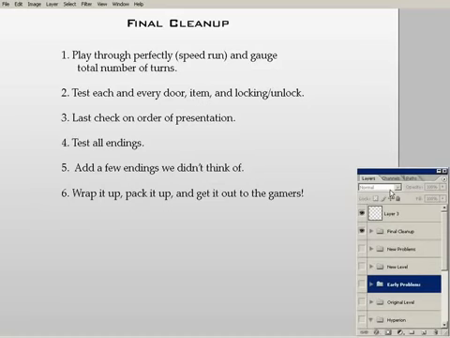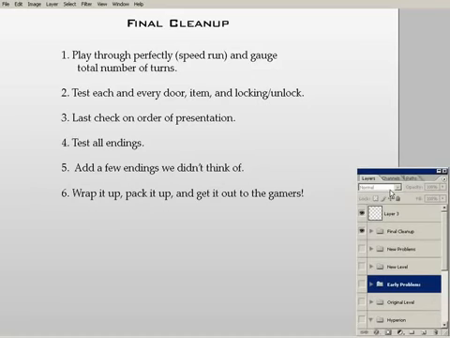Anyway, so moving on from there, once everything was tested, we did a last check on the order of presentation. Do they come across the PDAs in an order that maybe doesn't have to necessarily make sense, but it doesn't destroy the storyline in any way, or get too confusing? Because really at that point, it would just be a matter of moving items around. Just pull the code out of this one section and put it in another room, and you can fix that. So it's just a last-minute check.